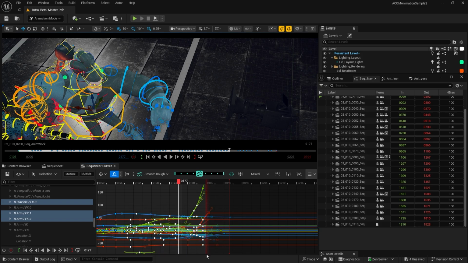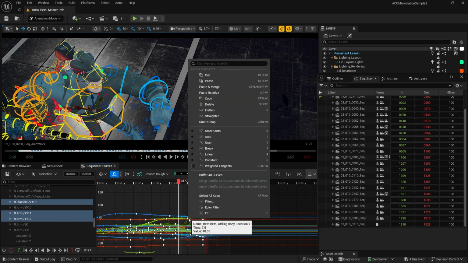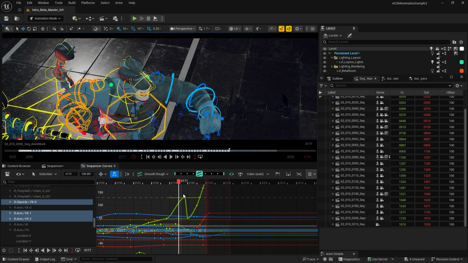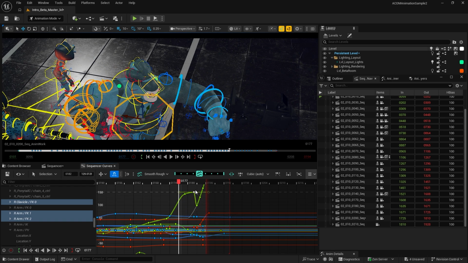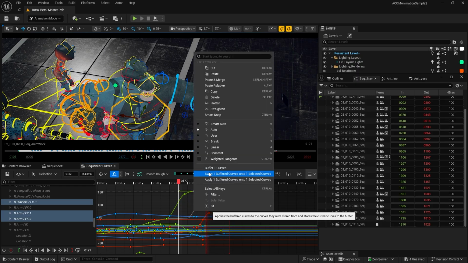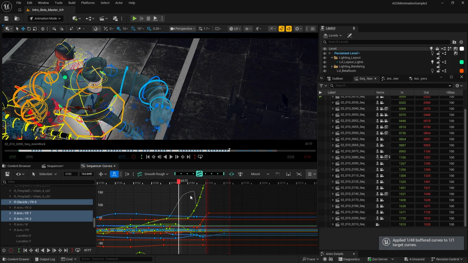And since we are here, we are already under the curve editor. You can also select certain curves and keyframes, buffer them, and then make some changes by hand. I'm just making quick changes to see what these buffers are doing. So you see that there are these ghost-like lines. That means you have made those changes previously, so you can swap those buffered curves and do it the other way. So if you have already made some changes, buffering curves is very, very useful.